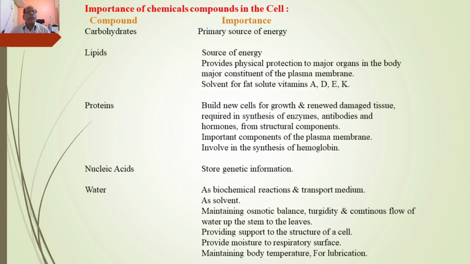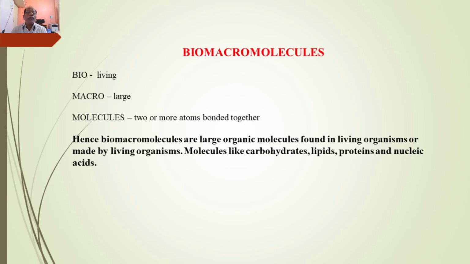Then last time we also explained the importance of chemical compounds in the cell, such as lipids, proteins, nucleic acids or water, together with their importance or uses in the cell. Then today we are going to explain the